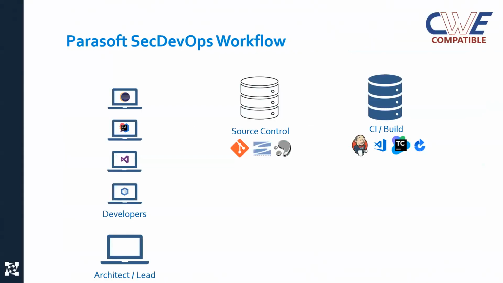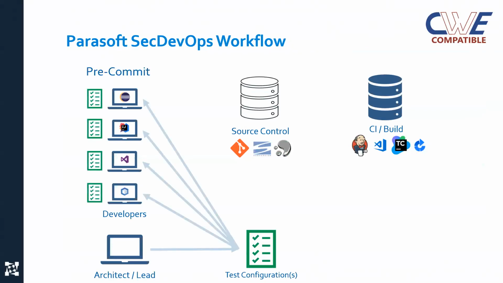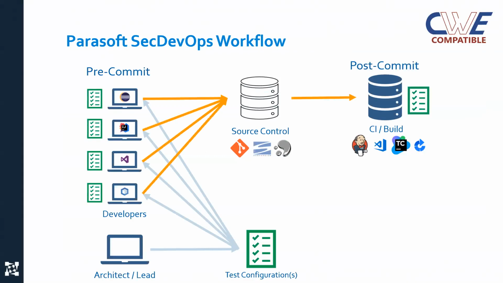The workflow, just to reiterate: as we said, we start with the architect, the lead, the security expert, the person that's going to be defining the set of best practices that the team should follow. This is where we can take a set of security guidelines, but also add additional quality practices to the process. They're then shared to the developers where they can do execution directly within the IDE before you check it into source control. And then once it's checked into source control, the CI process picks it up.